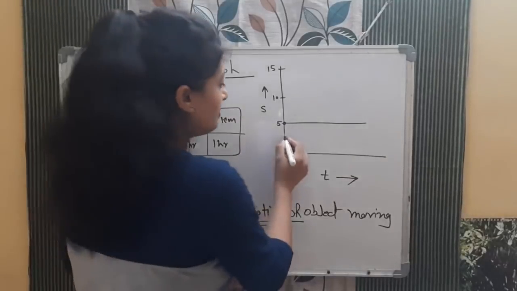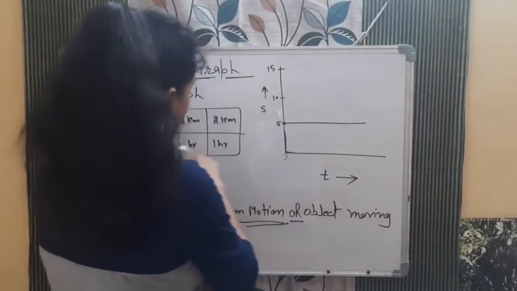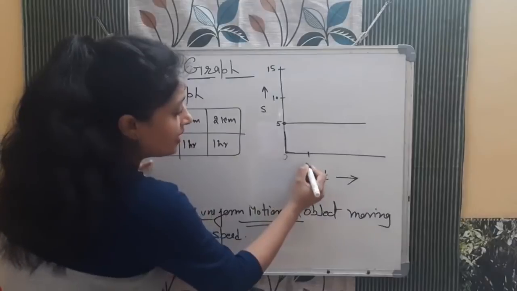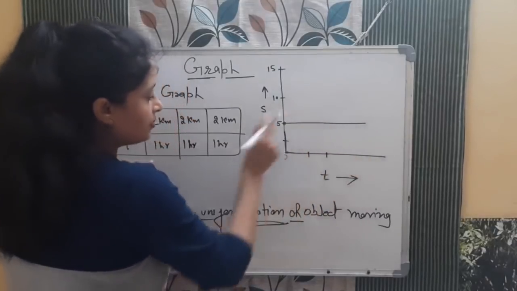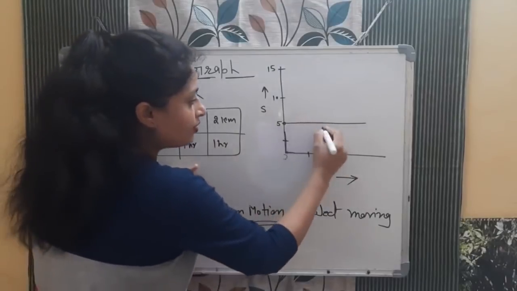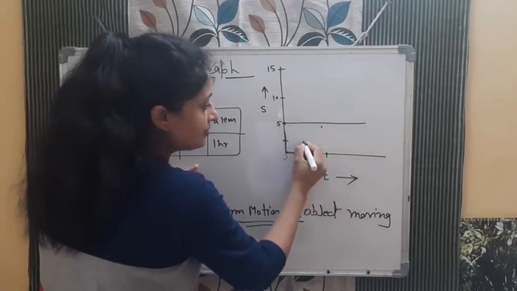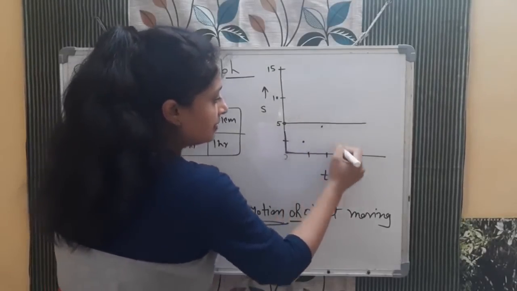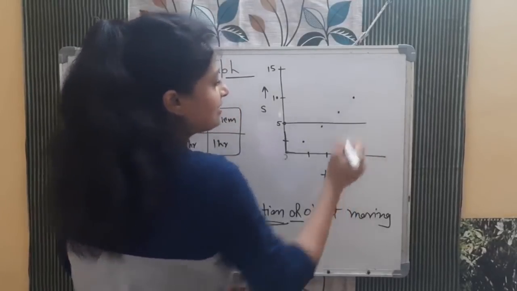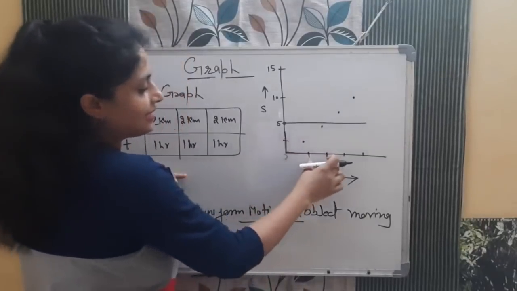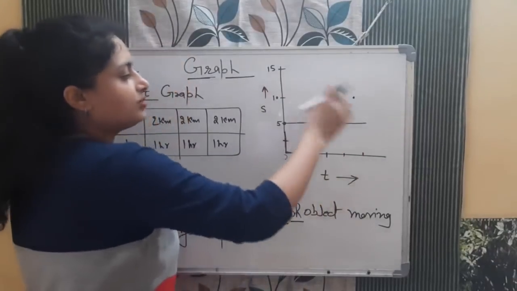So see bacha, what will be the graph? If I am saying according to this, 1 hour 2 kilometer. Next 1 hour कितना हो जाएगा? 4. Here. So first point is here. Second is here. Then third will also be like here. Then fourth will be here. If you will say like this, in 1 hour 2 meter, in next hour next 2 meter, in next hour next 2 meter, in next hour next 2 meter. So graph will be like this.